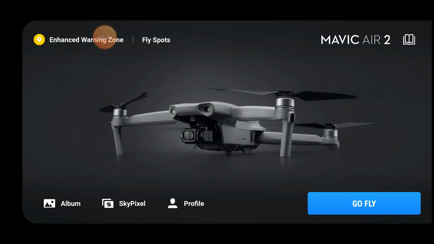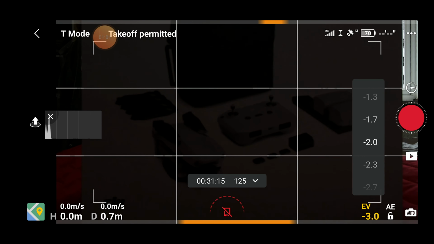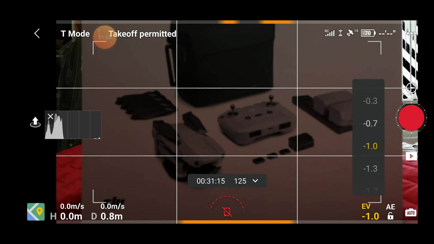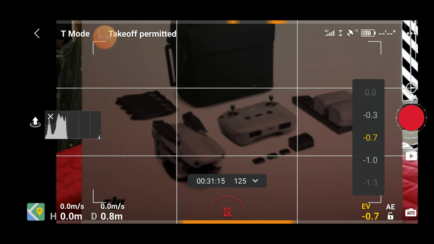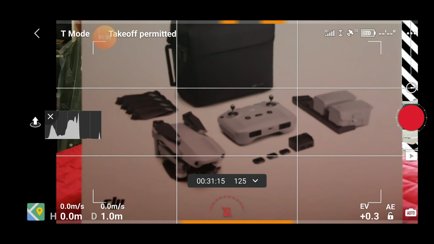Now what we'll do is click straight on the Go Fly, and we're welcomed with the screen. Now I am indoors today, so I'll just boost up the UV, and you can see that I've got the Fly More box in front of my drone. I'm just going to lock that exposure by clicking the AE button down there, so we won't get any variance. Now, the background of the screen is not going to be very important to you whilst we're going through the